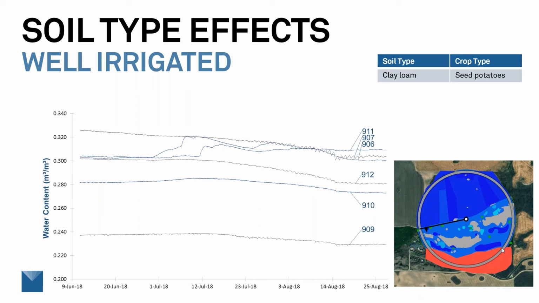And in that field, we installed 6 sites with water content sensors at 15, 45, and 75 centimeters. And in this graph, I'm only showing you the water content sensors at 45 centimeters, which actually was the most active region in this study. So now we have water content on the y-axis and time going from early June all the way to the end of August when the potatoes were killed in preparation for harvest.